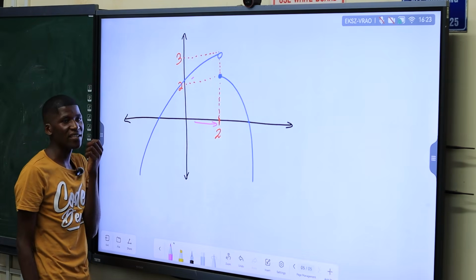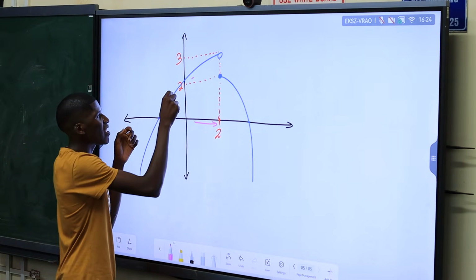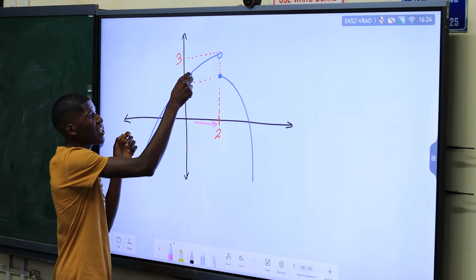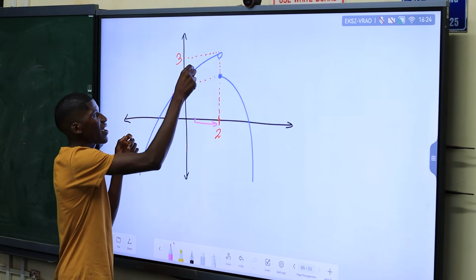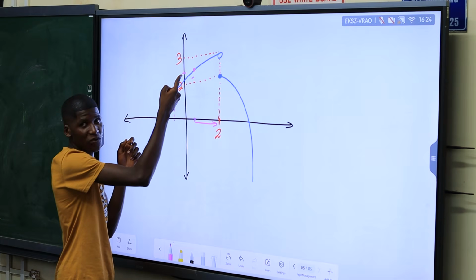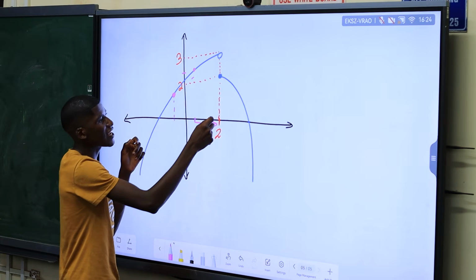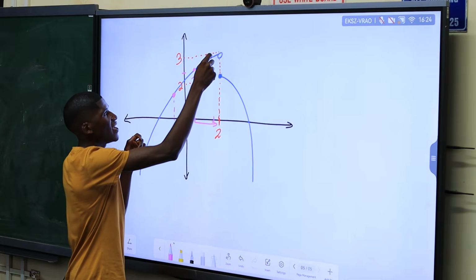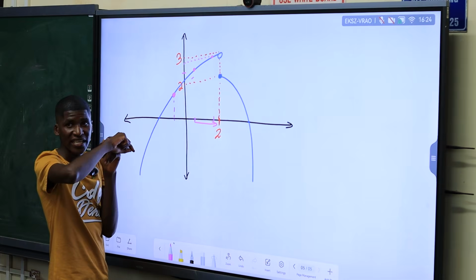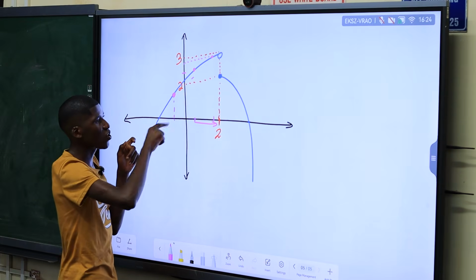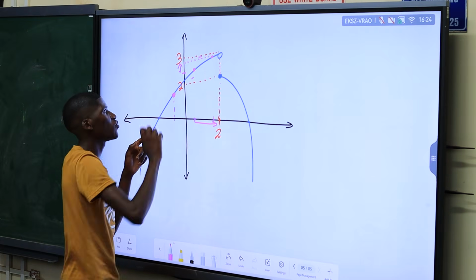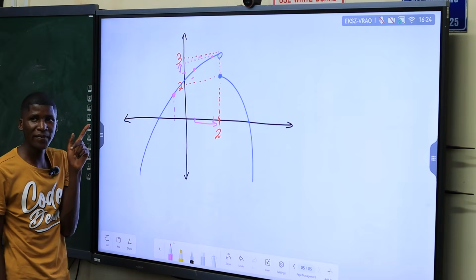3, I say. Yes. You can see if we are here, maybe the y value is less than 2. If we are here at this point, the y value is slightly greater than 2. Do you see? If we get closer to 2, maybe we are here, now your y value is somewhere here. It's closer to 3. Yes. So if you continue getting closer there, your y value also continues getting closer to 3. So the limit is 3.